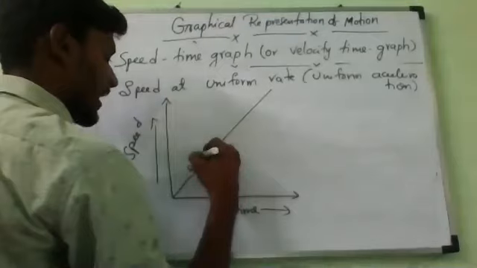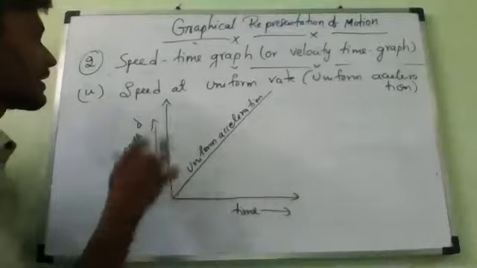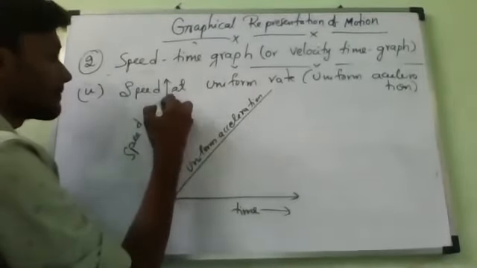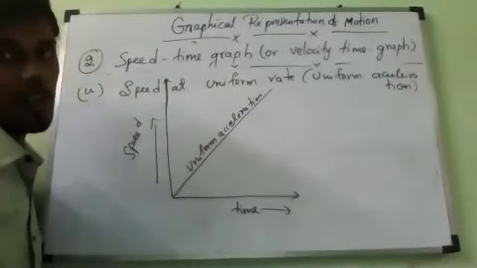Now, if it is uniform, in the sense of it is a straight line. Is it yes or no? Yes, sir. Straight line means what it is? Uniform acceleration. If it is a straight line, it will always give you uniform acceleration. Yes or no? Will you accept that? All of you. Yes, sir.